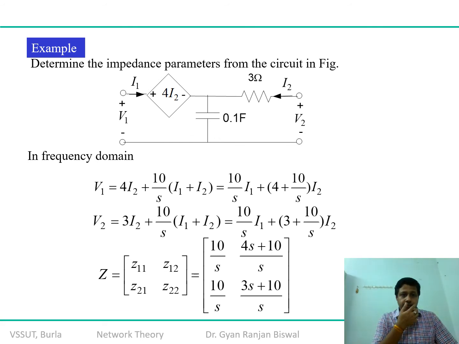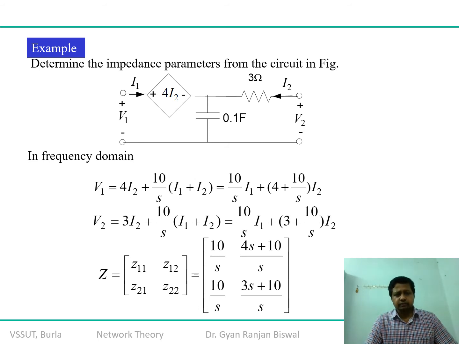So here you can say that V1 over here is 4 of I2. Okay, so it is a voltage source. It is a dependent source, and it is basically a current dependent voltage source. Okay, so that's why this is given. So it is 4 of I2. Obviously we are moving from positive to negative side. Fine, so the direction of flow will be positive. Okay, current is moving from upper to lower potential.